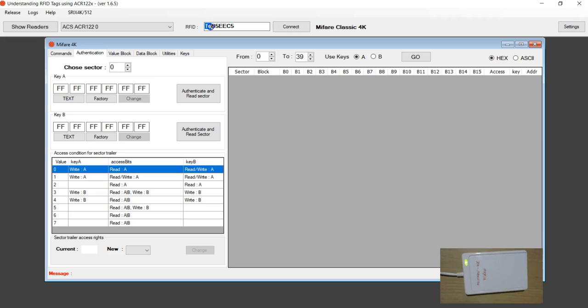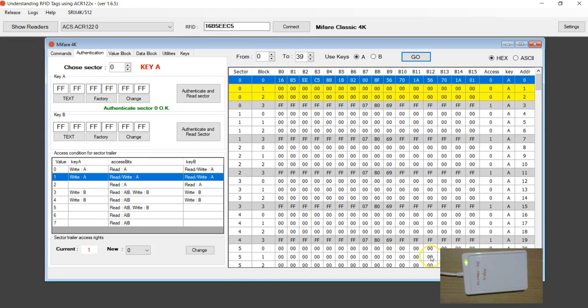Again, this also has got a 4 byte UID. If you now hit this go button, we know that this button is programmed to loop 40 times and bring the entire data into this software. Because of the memory size, this will take more time. And you can see here,